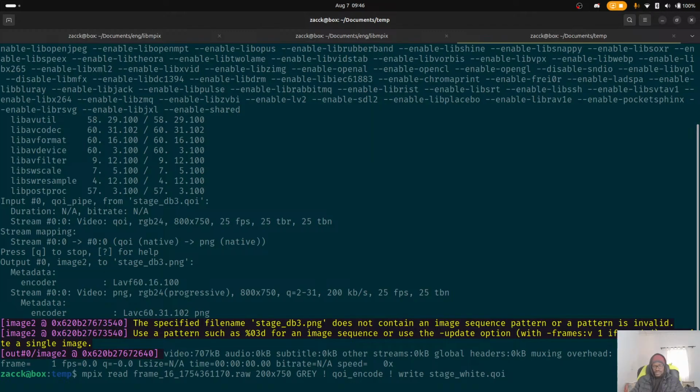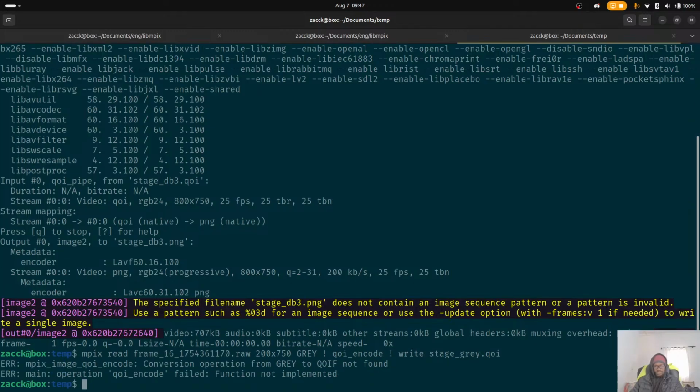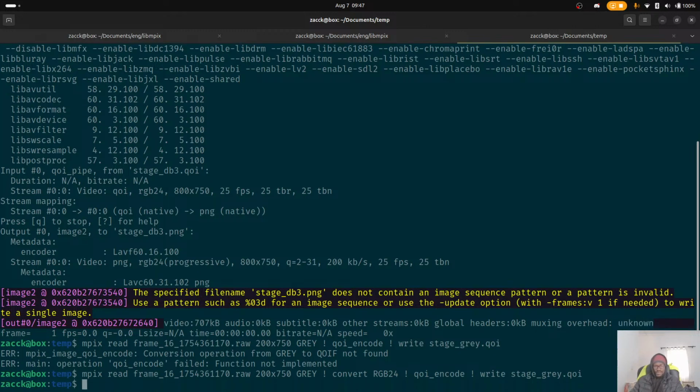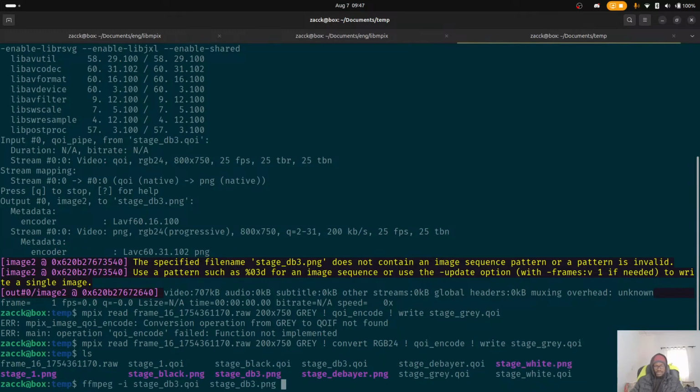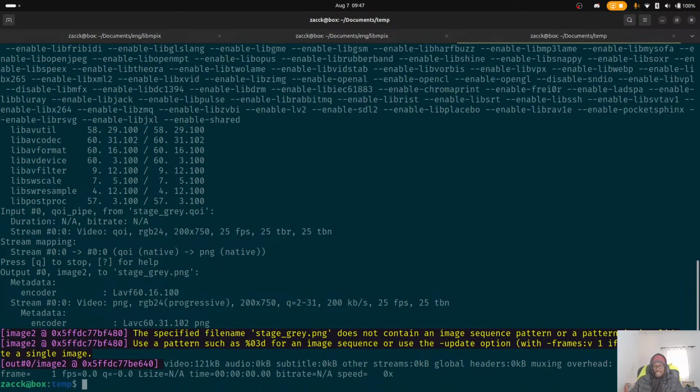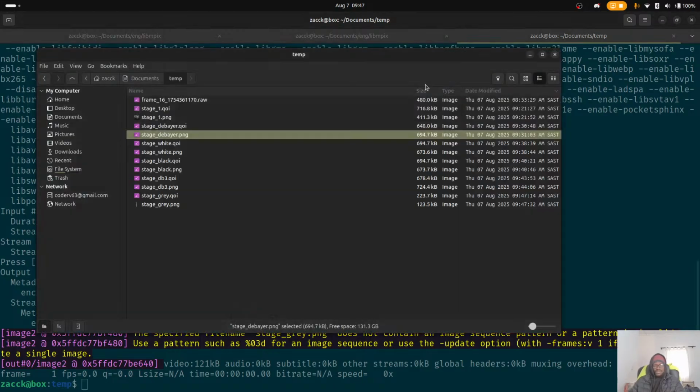So stage gray. Let's do that. Convert RGB 24. Okay, so let's ls stage gray. If I bump gray, and we say stage gray PNG, and then if we go back to our files and we open